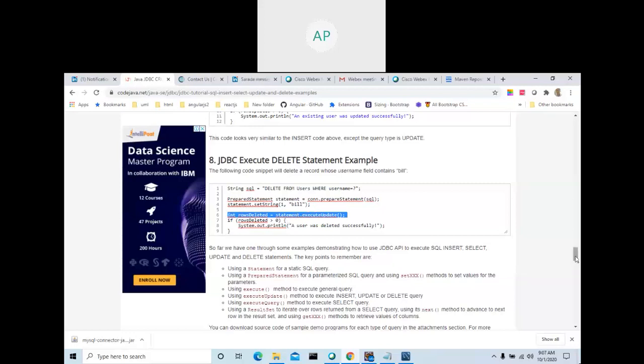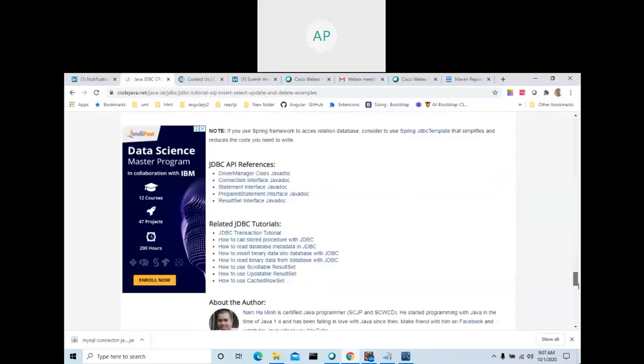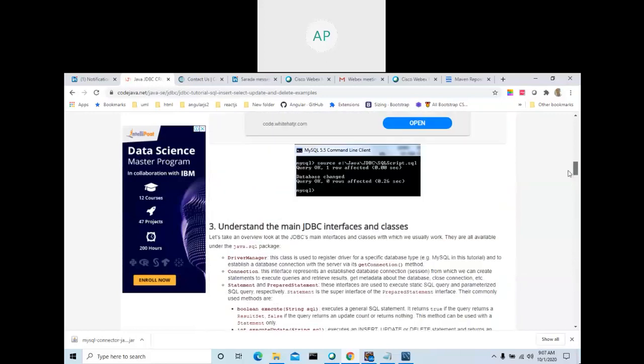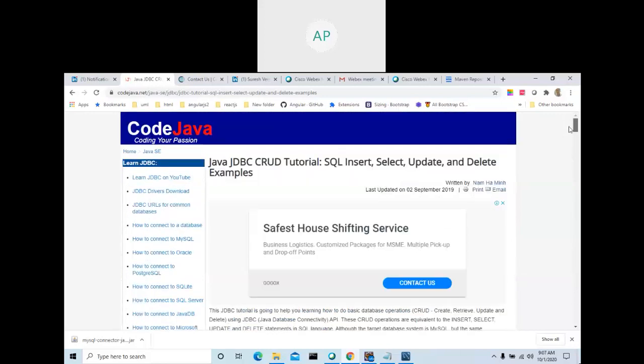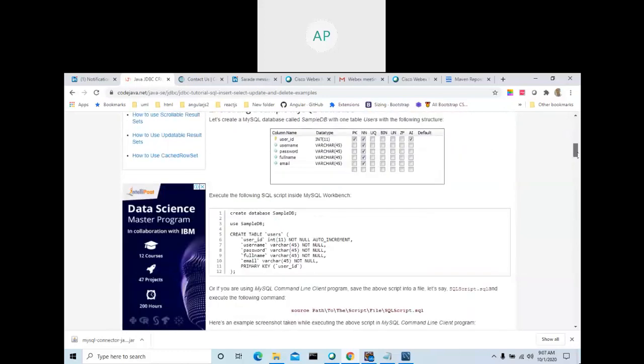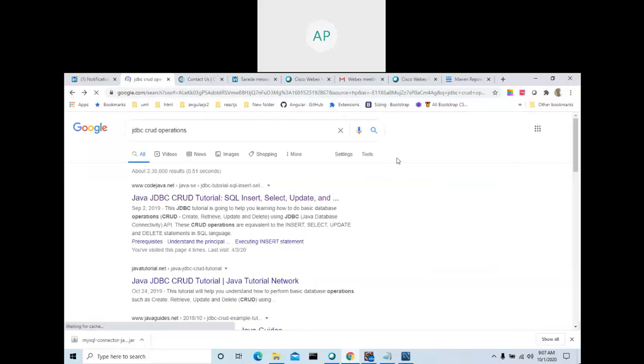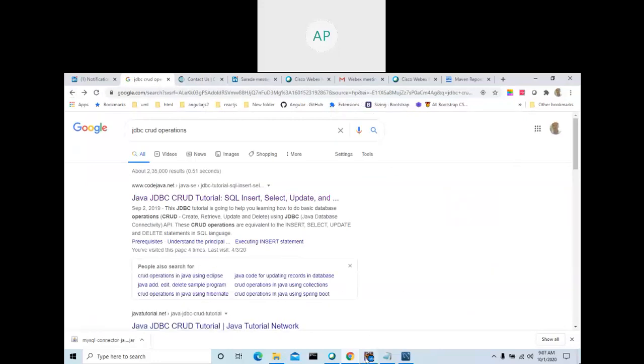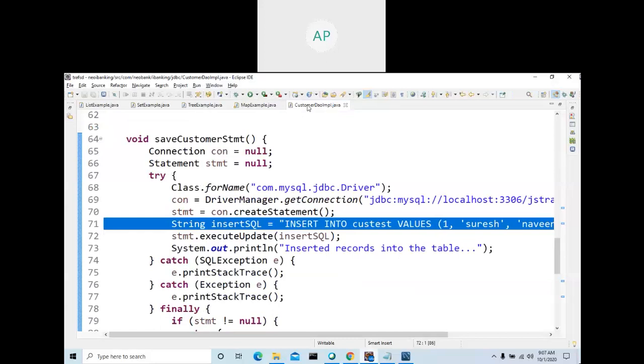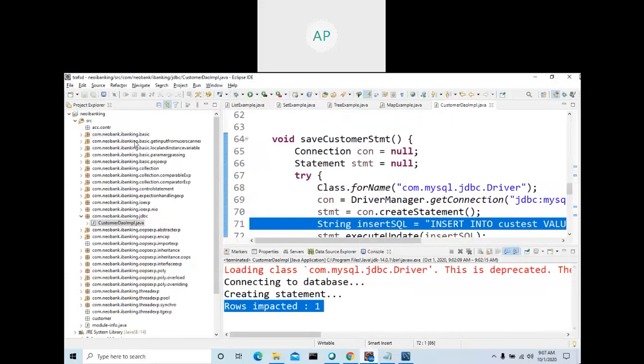This one is to update. All you are going to write in the try block, right? Copy and paste into the try block, then it will work. So this one is to delete. Here: delete from user where username equals question mark. Same way, prepared statement, set the value, execute update, then you will get the result. So this is the CRUD operation. Now you know how to write a Java program to send all this information. You should be able to go and understand all these things.